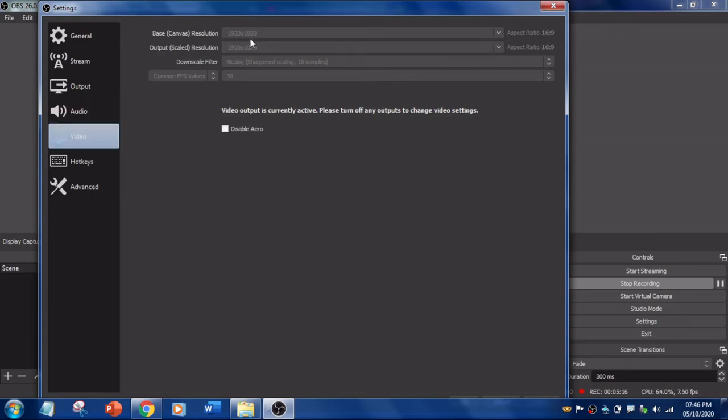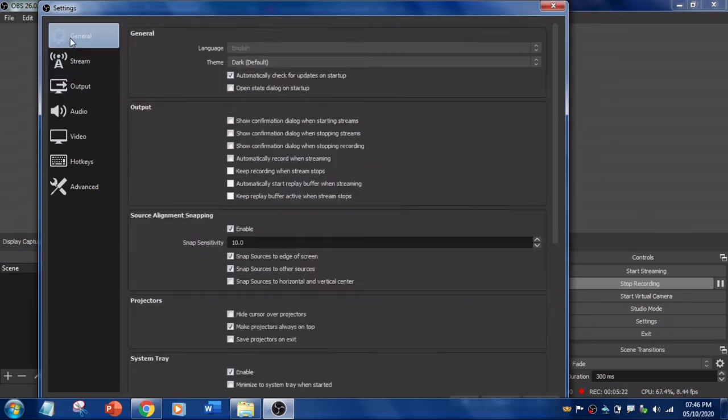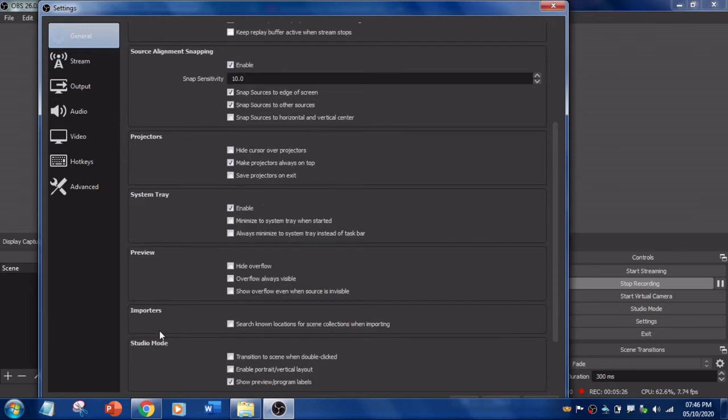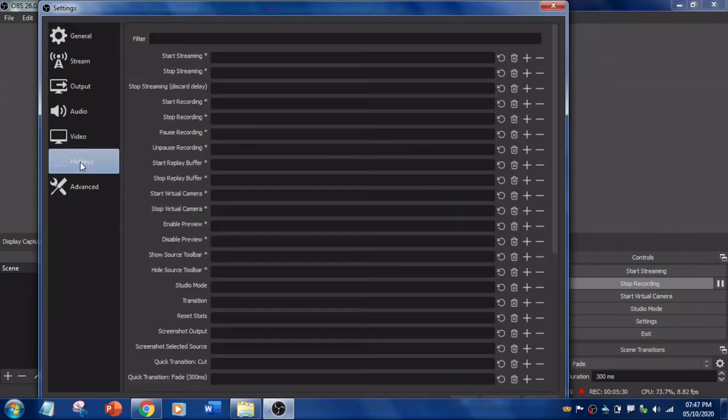One is this video, and another one is here, output. Alright, so that's it. Once you are done, there is no need to change anything from this general tab and all. By default you can leave all these things, and hotkeys are also there. You can have a shortcut, but what you can do is